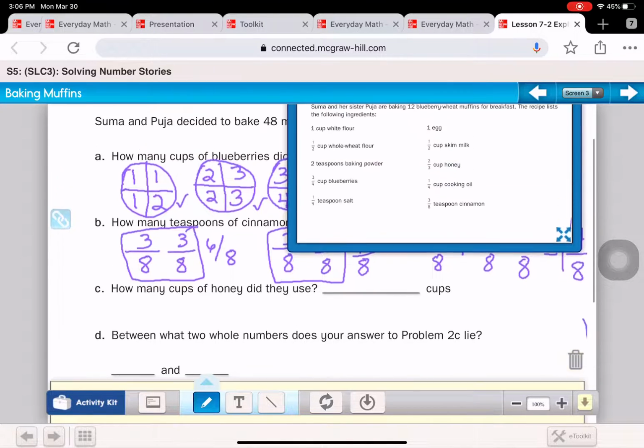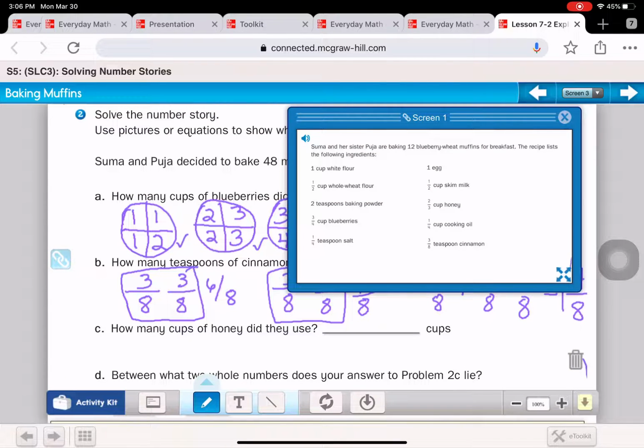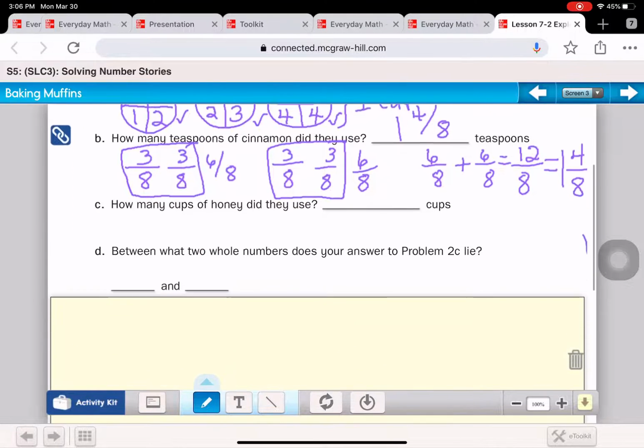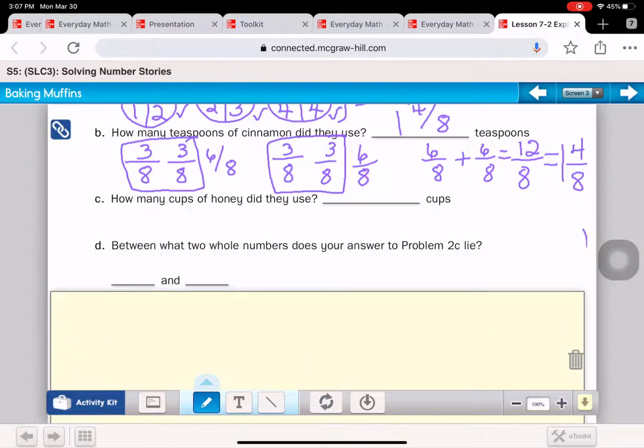We'll go back and find our cups of honey. 2/3 of a cup. So we need 4 groups of 2/3. And for this one, I'm going to use repeated addition. So I have 2/3 plus 2/3 plus 2/3